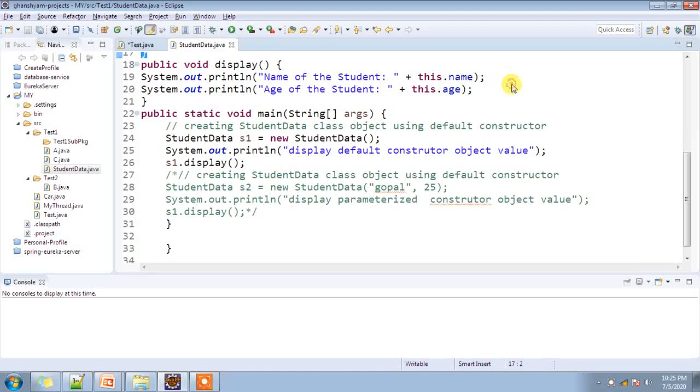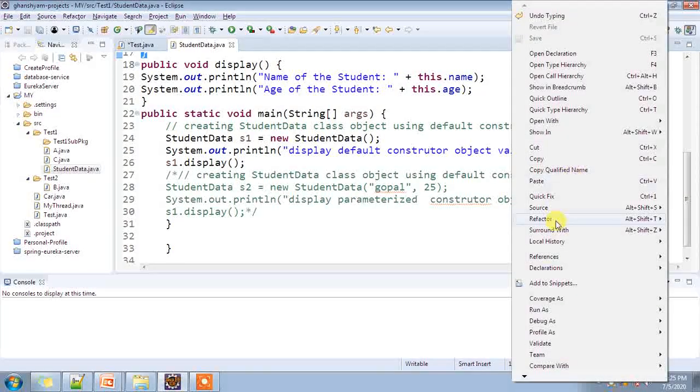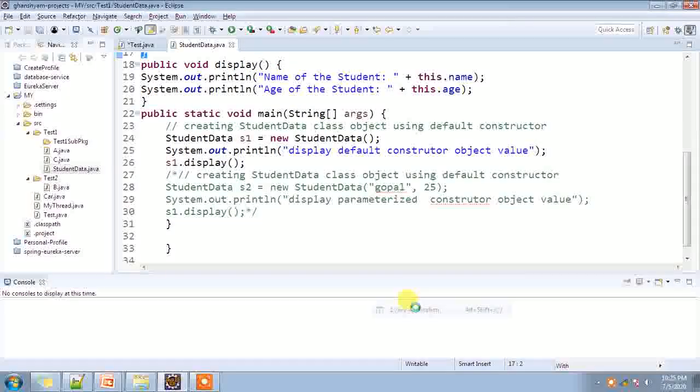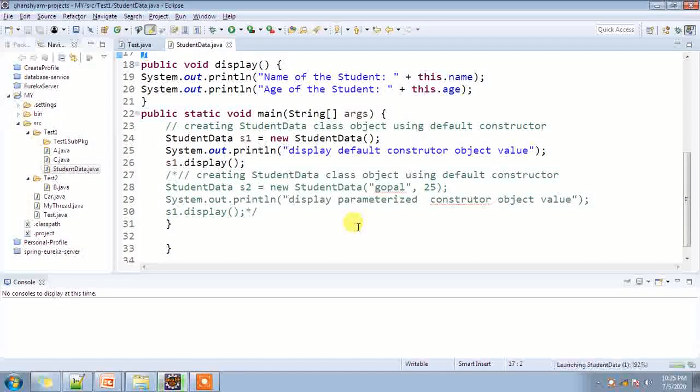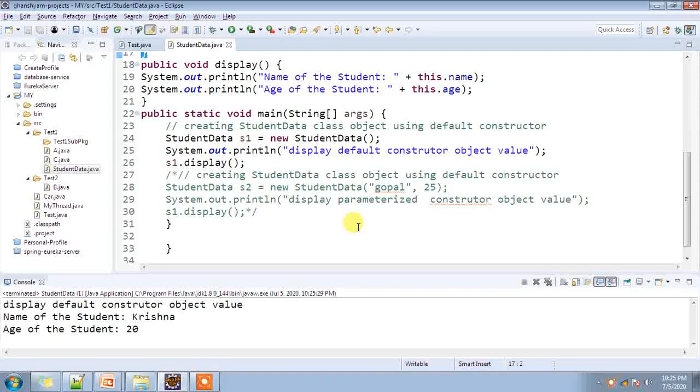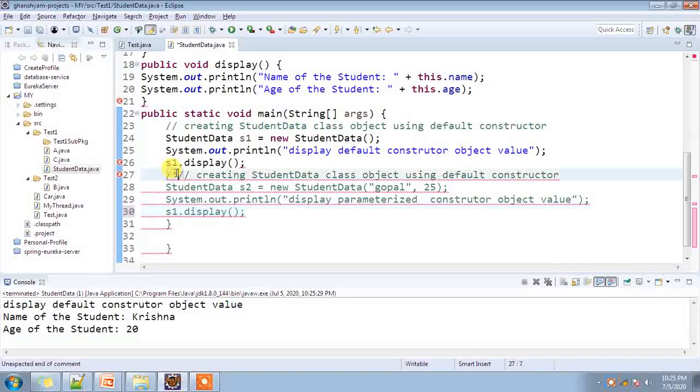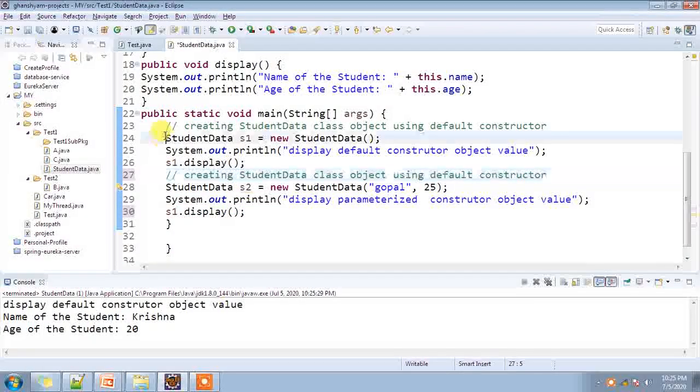Let's run it. Okay, now you can check: the name of the student is Krishna and the age of the student is 20. Now we will remove this comment and comment the other one.